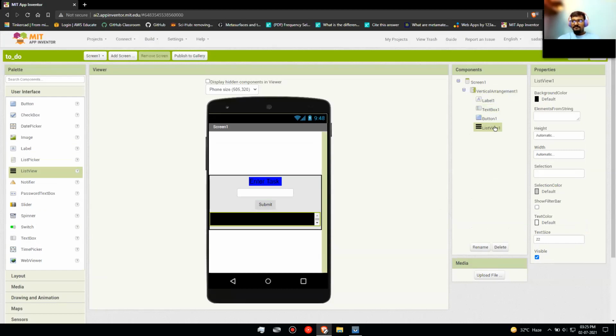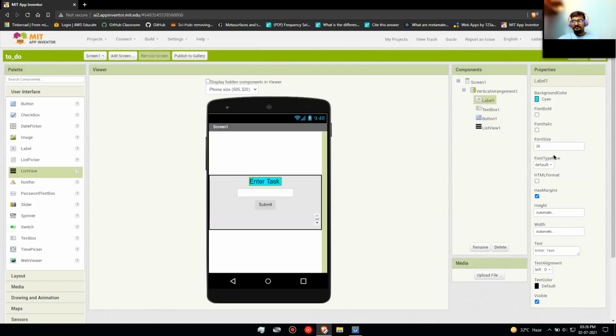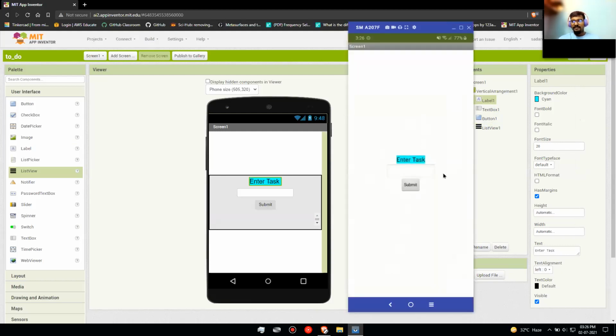Yes. Okay, now to edit the list view, click on list view and replace its background color with none or white, and the text color to black. So this is how it will look on the phone screen. You can see it on the Zoom screen.